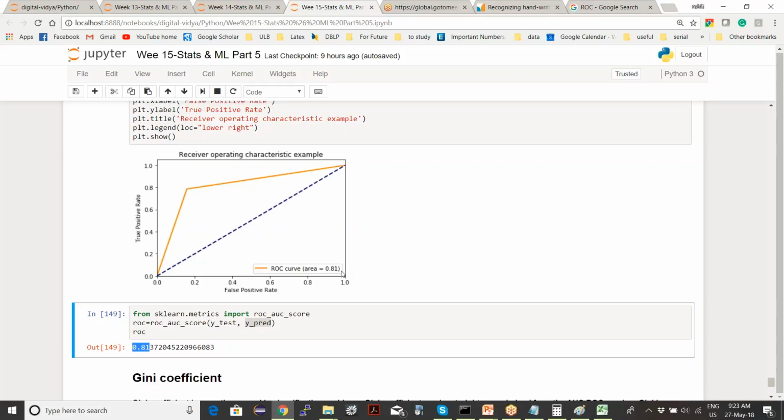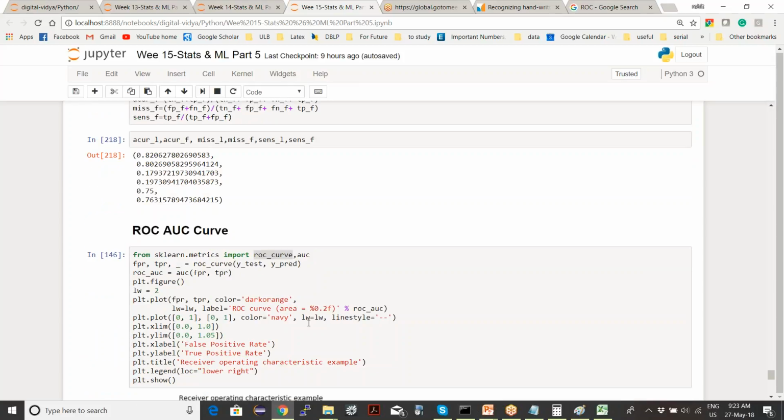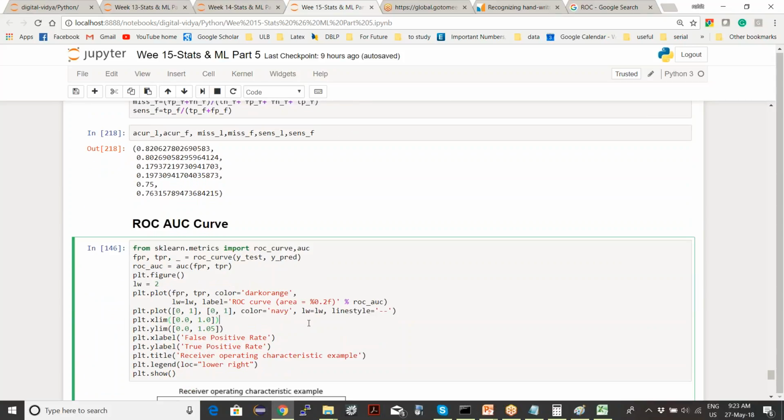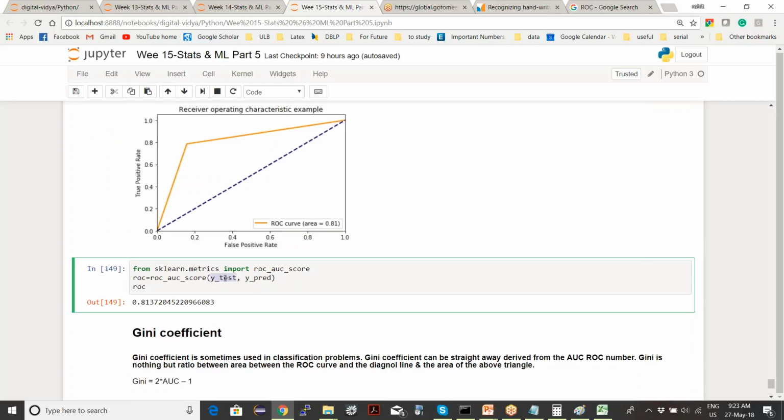Which model have we used here? For this example, we used logistic regression only, I guess. Yes, the same. But it could be used for any model, because it's independent of the model. Whatever model you use, you get your predictions, and you get the score based on your prediction versus the actual value. So it is indirectly telling us how accurate you are, not just accurate, but how sensitive and specific you are.